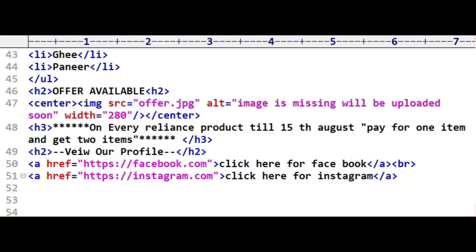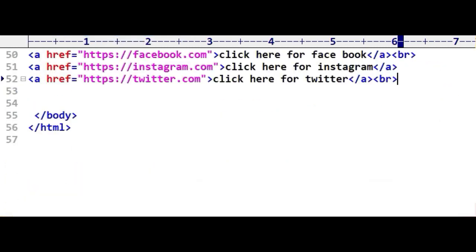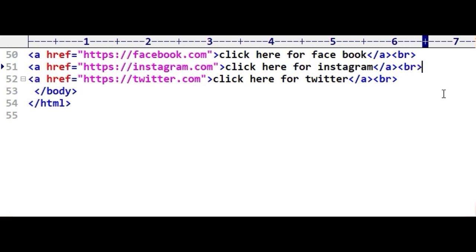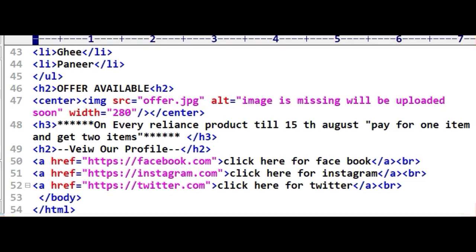You can include Twitter also. Need to write BR also here. I think this must be clear to you.